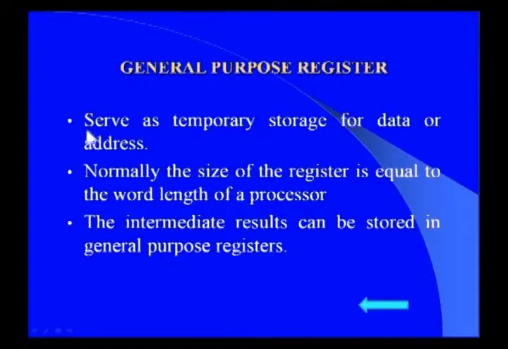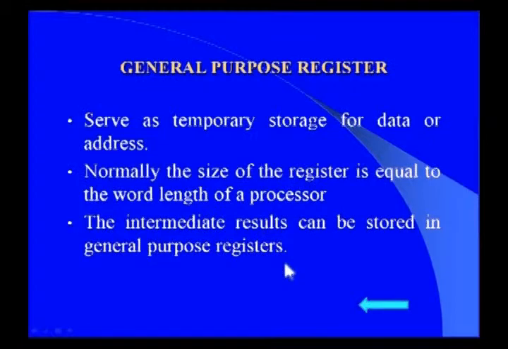General purpose register. It serves as temporary storage for data or address. Normally, the size of the register is equal to the word length of a processor. The intermediate results can be stored in the general purpose registers. For storing the intermediate results, the CPU need not refer to memory every time. The intermediate results can be manipulated within the CPU, and for storing the final results, the CPU can refer to the